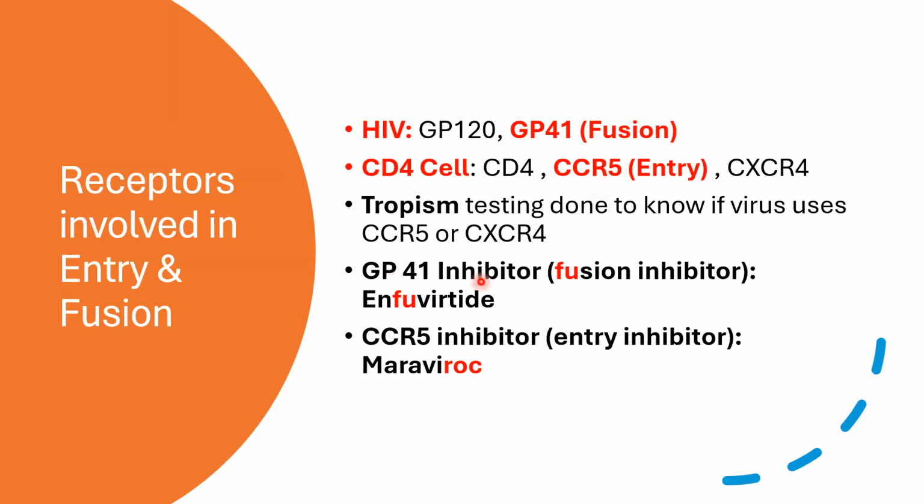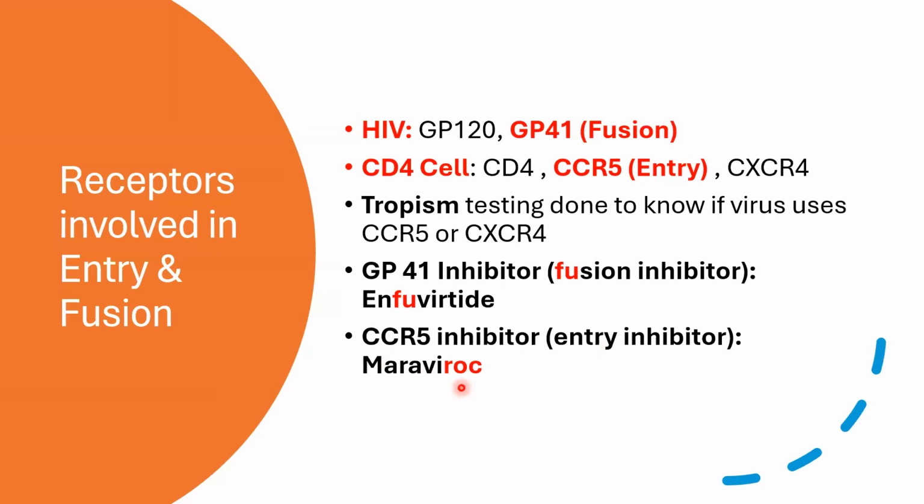The GP41 inhibitor or the fusion inhibitor is called enfuvirtide. It's easy to remember because it has F with fusion and 40, so they all start with an F. So fusion, 40. Okay. The second drug you need to know is the CCR5 inhibitor or the entry inhibitor, which